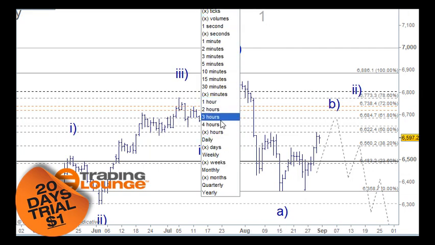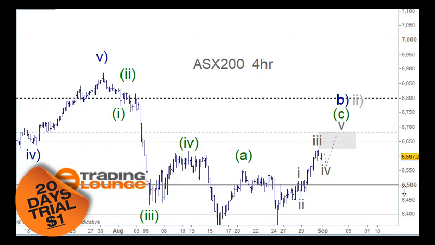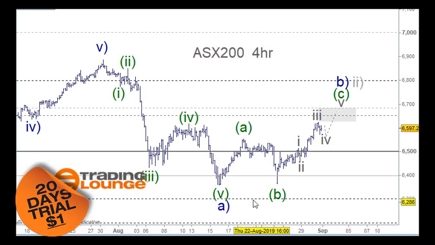So if we can drill into that particular leg, we're looking at it like this. From the low here, we're looking for an A wave, a B wave, and a C wave to take us to this area through here. The 5 waves up here. I did last time have wave 1 sitting on here, but I've changed that, and the reason for that is